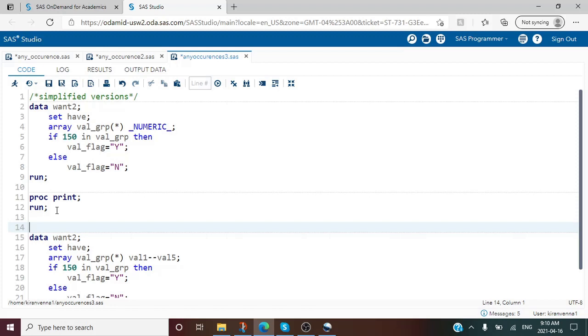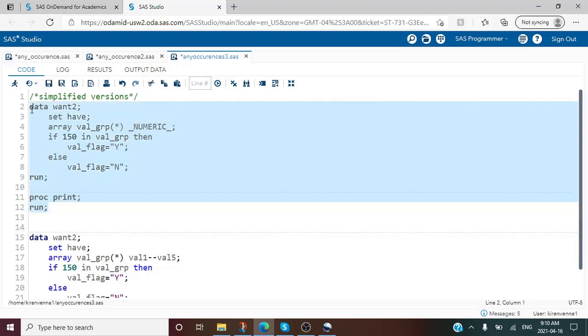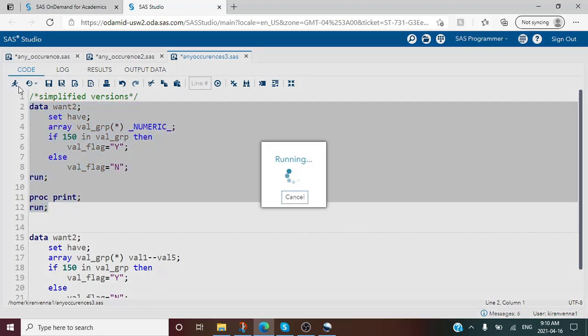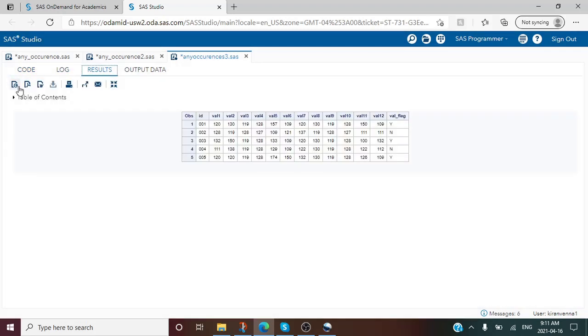I also want to remind you that I have a proc print after each data step. Even though I do not mention the dataset name in the proc print, it picks up the dataset last created. In this case, this is want2, and it prints the results for us. Now let's run this and see our results. In the results, you can see that the 1st, 3rd and 5th observations have 150, and our val_flag has the value y.